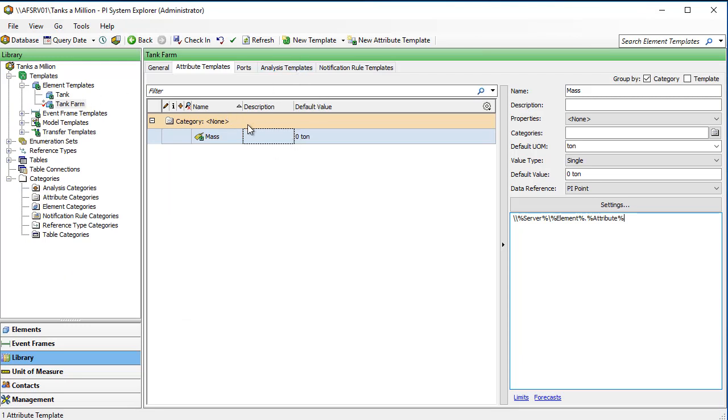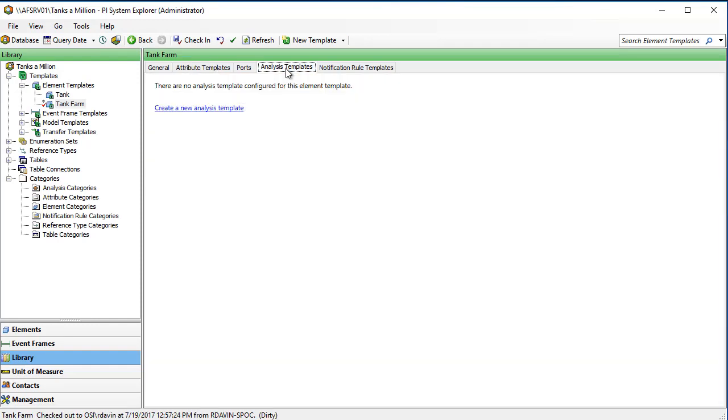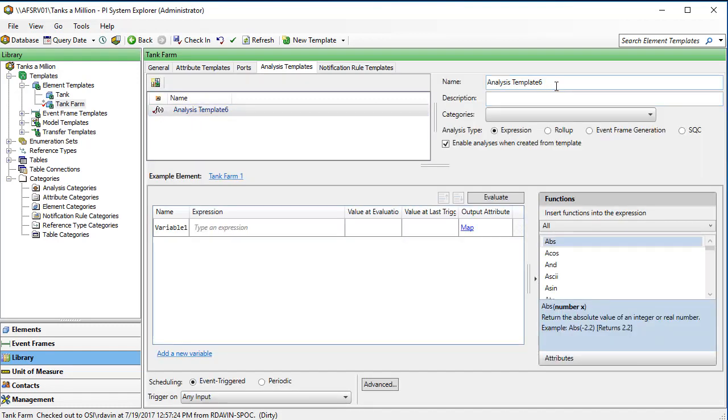Anyway, now that we've got that, we can jump over to see the analysis templates itself. We're going to create one. And the first thing you really should do is always give it a name, and developers always like meaningful names, right? So we're going to give it something simple like mass rollup. The next important thing we really have to do is choose the analysis type, and we want it to be the rollup. And when I click that, you're going to notice that the screen in the middle is going to change quite dramatically.